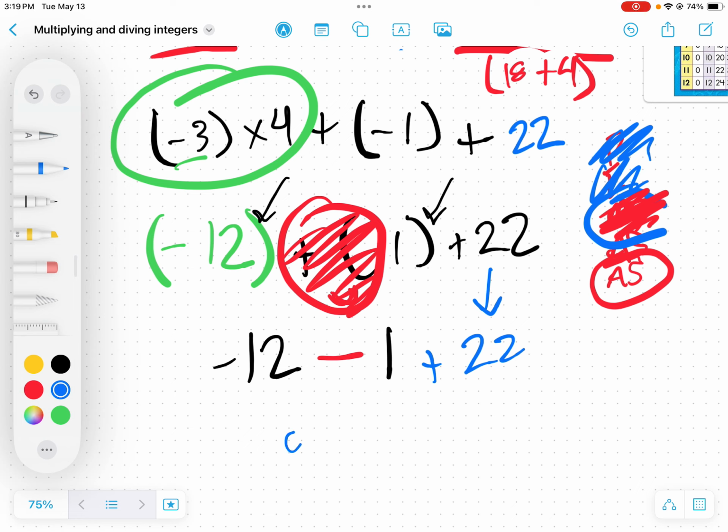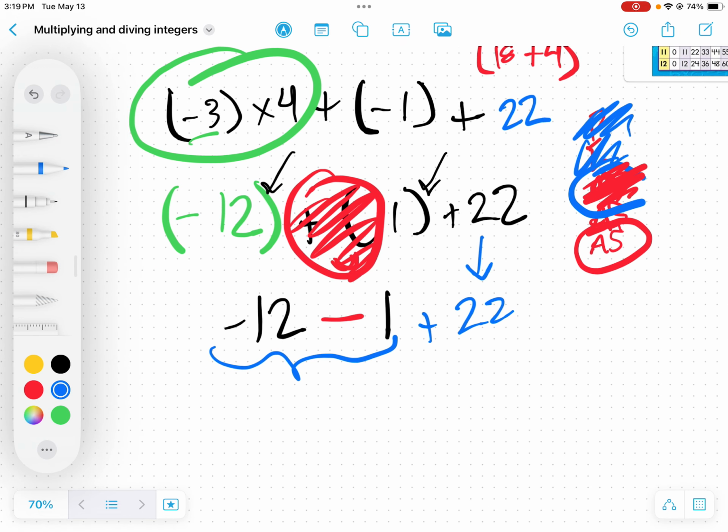Still working our way from the left to the right, we are going to start with this first part right here of negative 12, subtract 1. I'm getting further into the negatives because I'm going to the left on the number line. So that means I'm going to be at negative 13. Bring down this plus 22. The second one right here is positive, so I'm going to be going to the right on the number line. So negative 13 plus 22